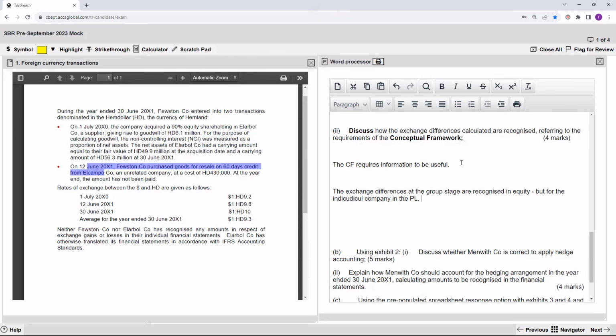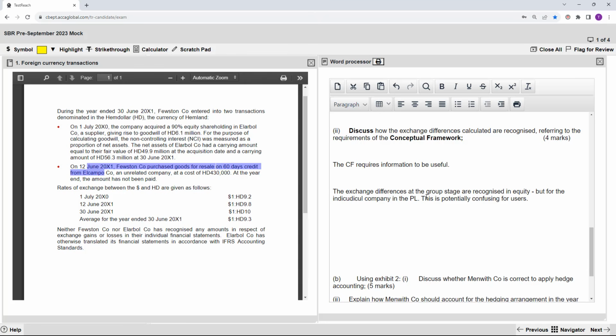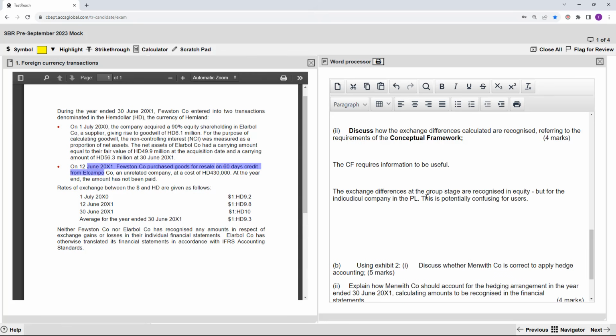The fact that you've got these exchange differences recognized in both, maybe that's a little bit confusing. Yeah, this is potentially confusing for users. What does the framework say about where gains and losses should go? Well, the default is it should be in the P&L. Yeah. So the conceptual framework has a default